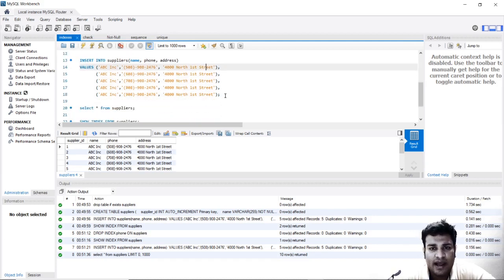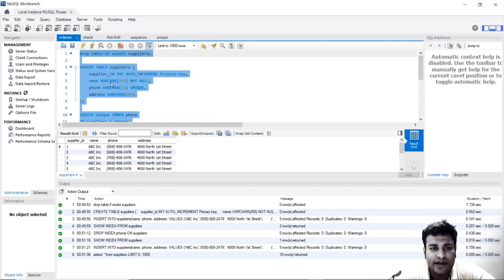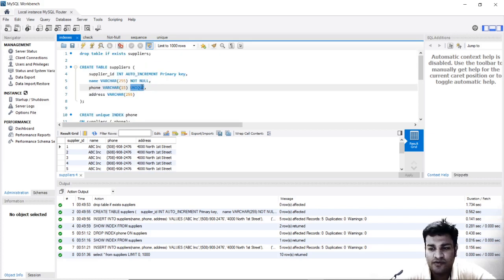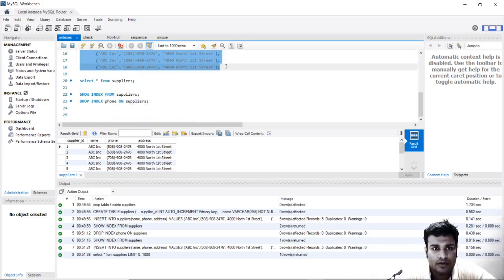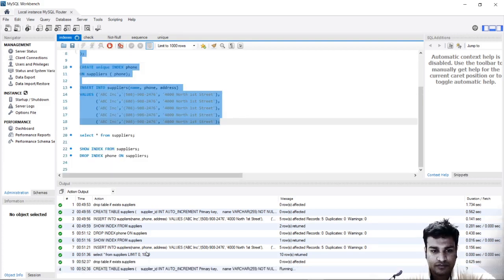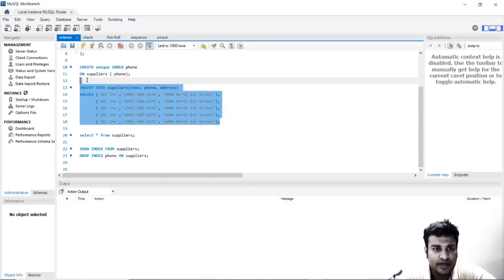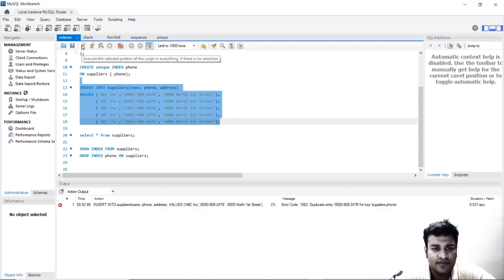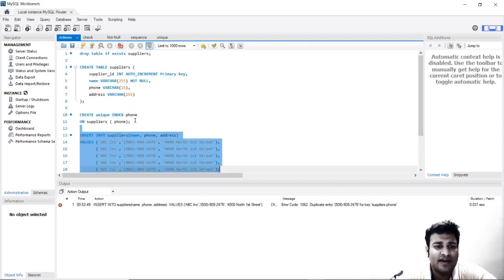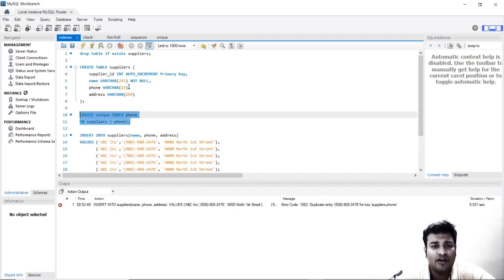I will just go ahead, and first we are dropping the table, creating a new table, and creating an index. Let us remove unique from here and run it. All the values are green. I will just clear them and run the insert statement again, only the insert statement, which I have selected. It says duplicate entry. Why does it say duplicate entry? Because we have created a unique index. Even though we have not mentioned it over here, we have an index, a unique index.